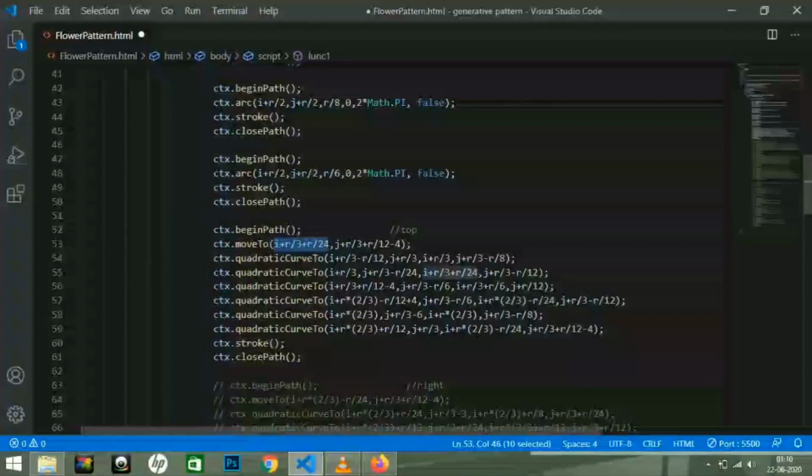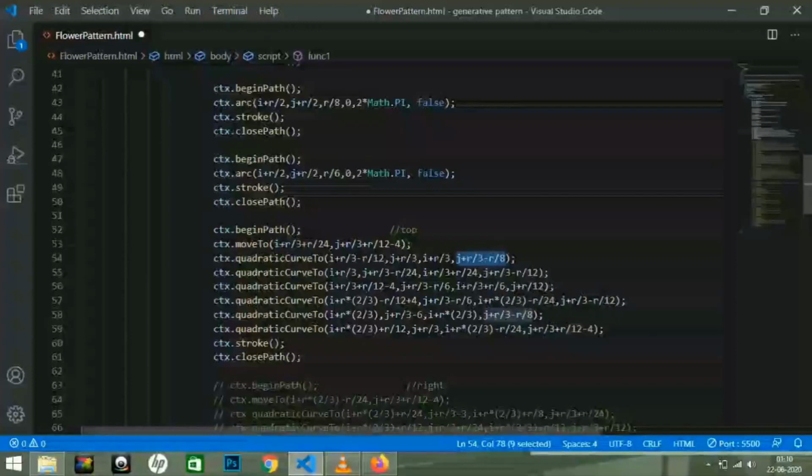And the quadraticCurveTo method has four parameters, in which the first two represent the coordinates of the control point and the last two represent the coordinates of the end point of the curve. The control point coordinates are used to define the curvature of the quadratic curve.